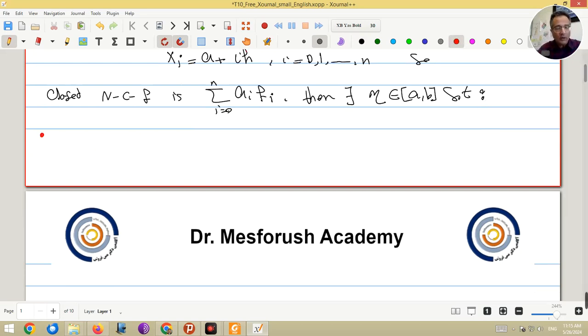Case 1, if n is divisible by 2 and f belongs to C^(n+2)[a,b], it means that f and its derivatives up to order n plus 2 exist and are continuous. Okay, then